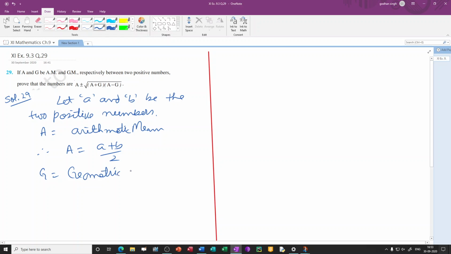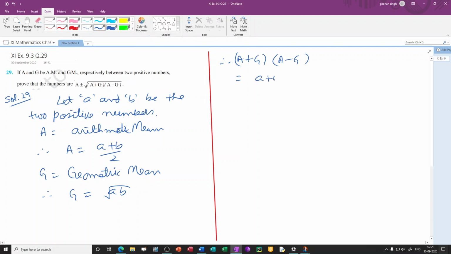Geometric mean, and that will be equal to, therefore we can say that G is equal to square root of AB. Now let us find the value of A plus G into A minus G. Therefore capital A plus G into capital A minus G will be equal to, you just put the value, there is A plus B by 2